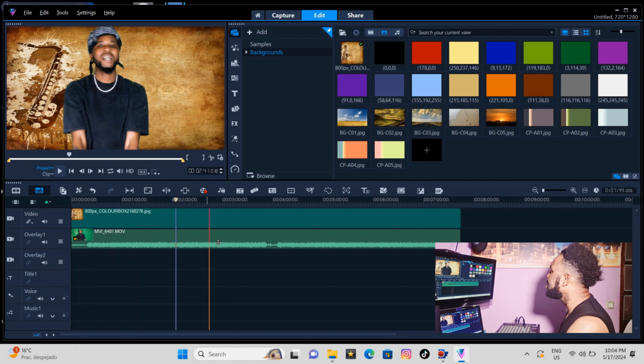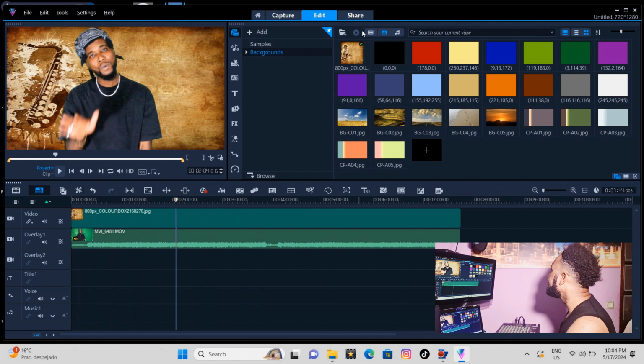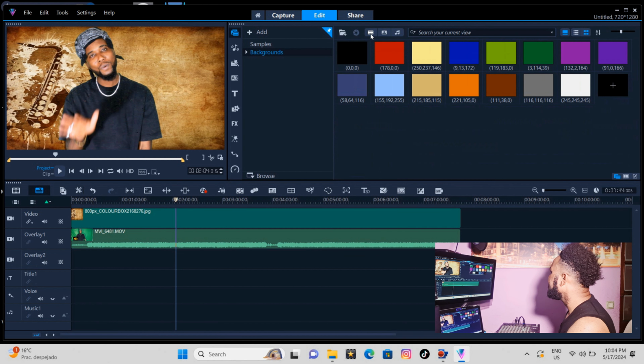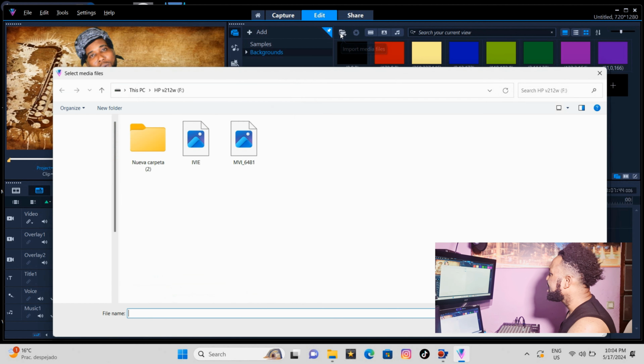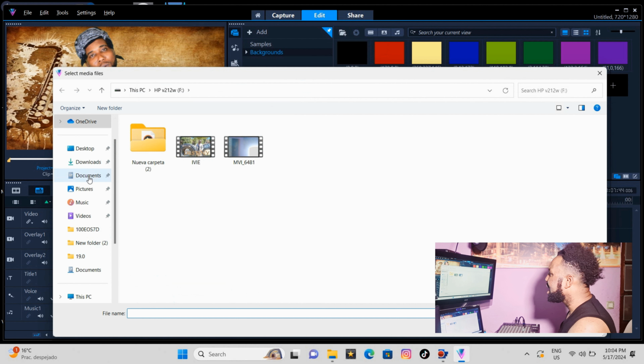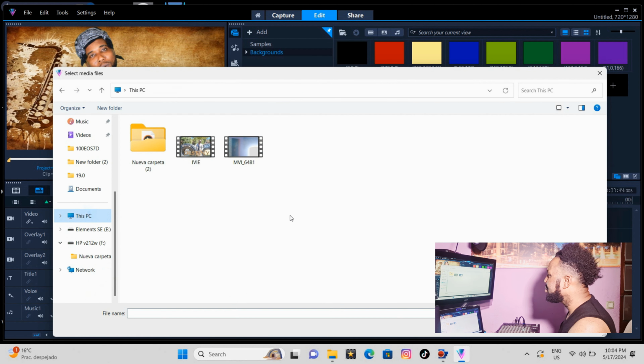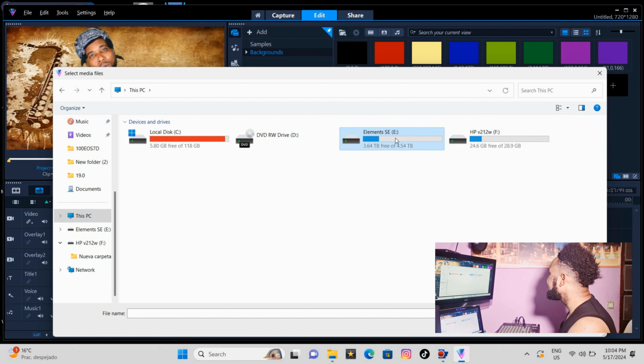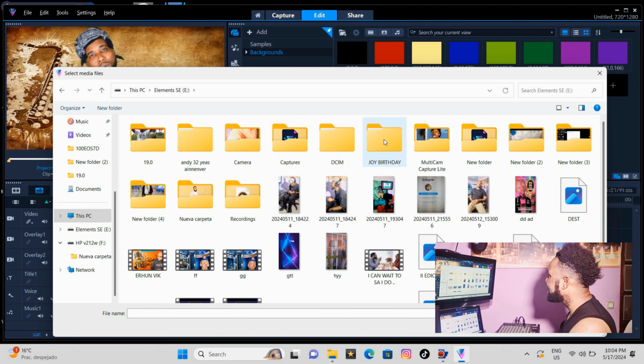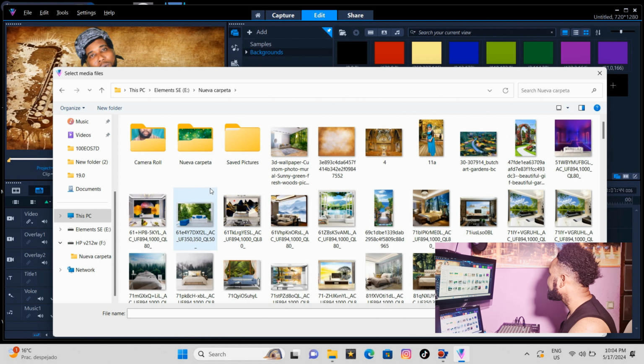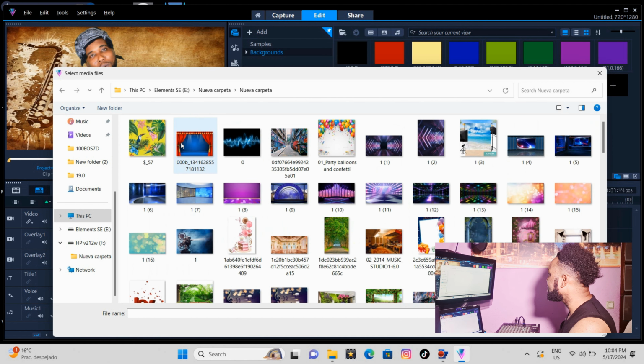Now the next thing you are going to do is to look for an image. Now I'm going to add an image on it. What's the next thing I have to do? Then I have to come to import media file. Then I search. I go to my PC, and I go to my second hard disk. I've connected my second hard disk. So I have to come to this hard disk, and I will look for an image that I can use. Okay, I think I will use this image. I have to double click.